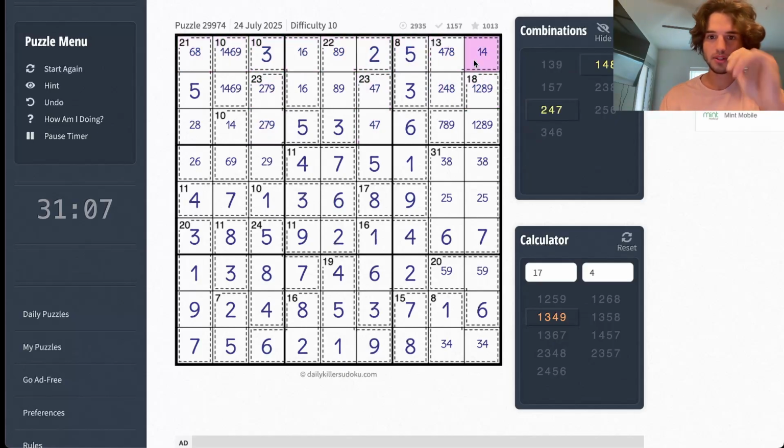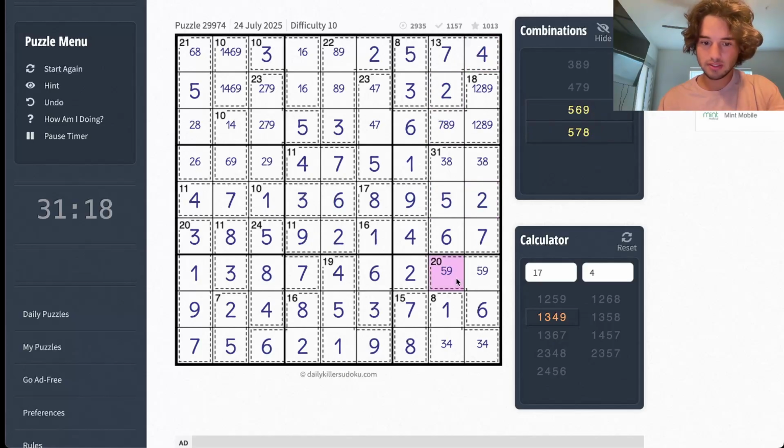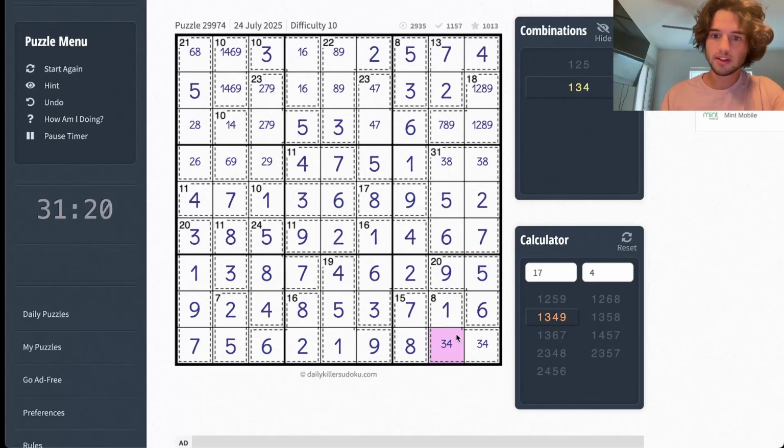Where does the 7 go in here? 7 has to go here. And then that just unravels the entire puzzle. We need a 4 here, we need a 2 here. Wow. Yeah, that is why I'm not the fastest